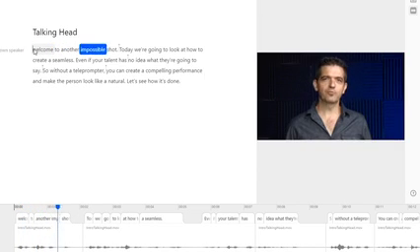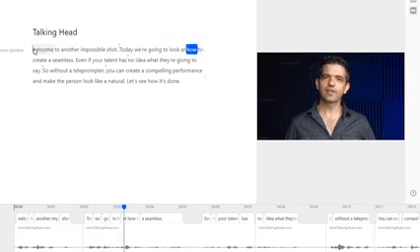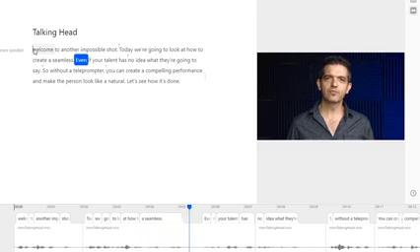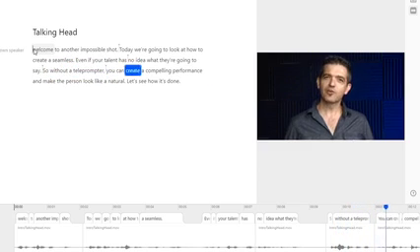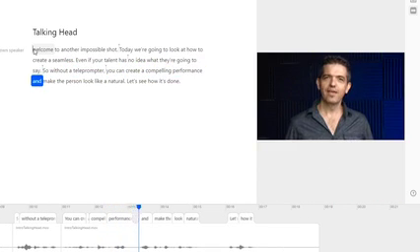Welcome to another impossible shot. Today we're going to look at how to create a seamless performance, even if your talent has no idea what they're going to say. So without a teleprompter, you can Now, create we have jump cuts galore, and that's where